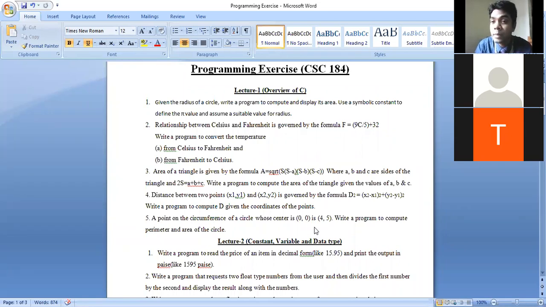But definitely during the exam time, you are not going to get the same question. I'm going to give you some modification. Here, basically, we are talking about a circle. I might tell you to find the area of a triangle, or the area of a rectangle, or the area of, think about it, a square. This type of shape I might ask. For the second question, you might get some alternative like that. I might tell you that I'm giving input in taka, you have to find the output in paisa. This type of very simple general concept I'm going to give you. That means you're going to get a very minor modification over there.